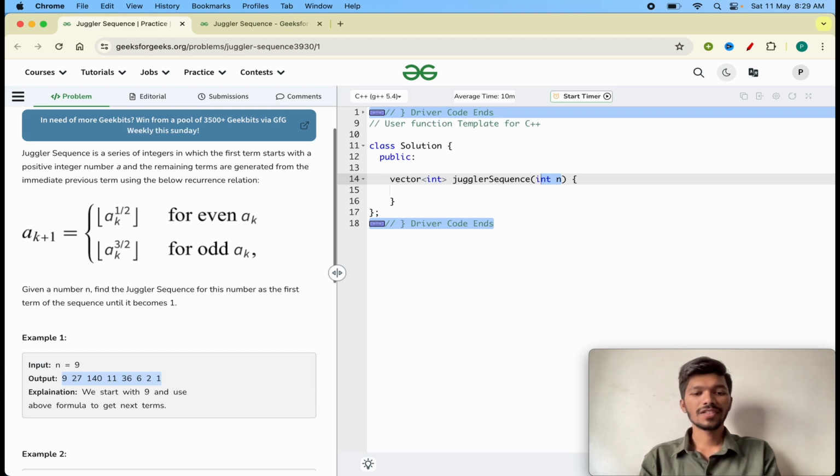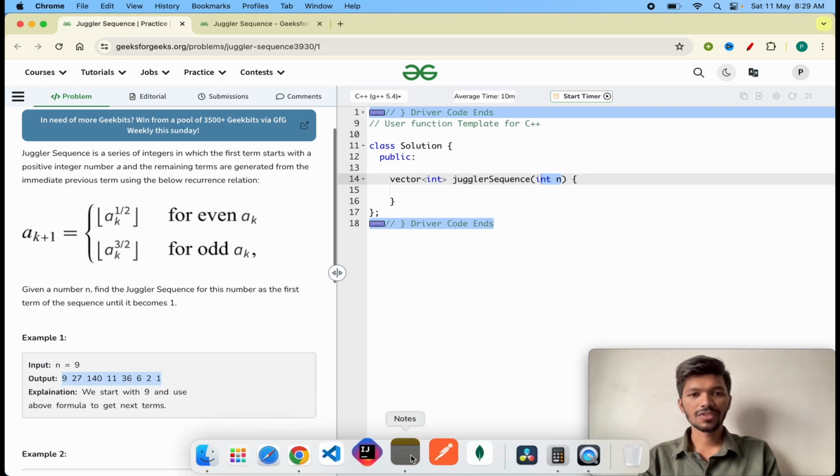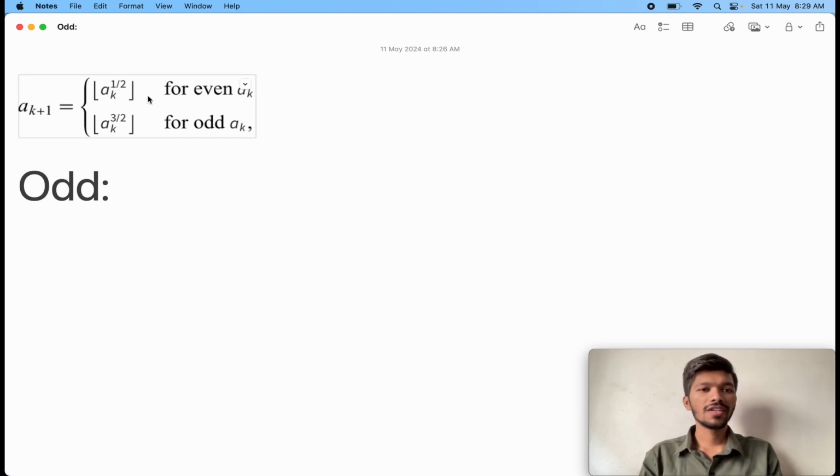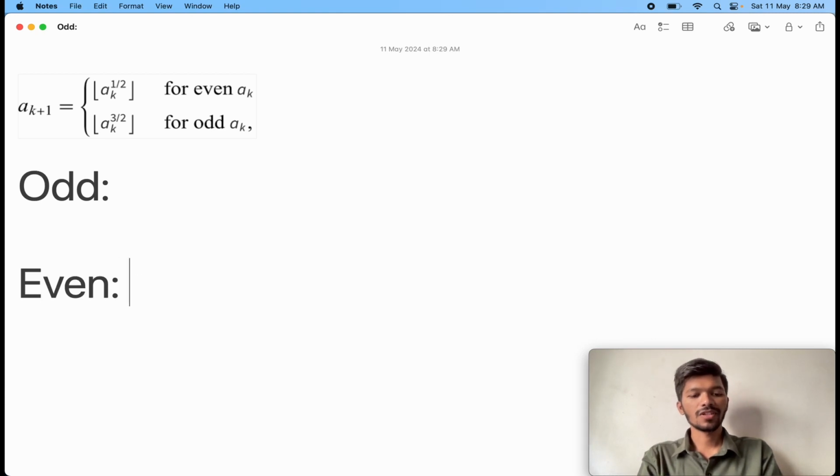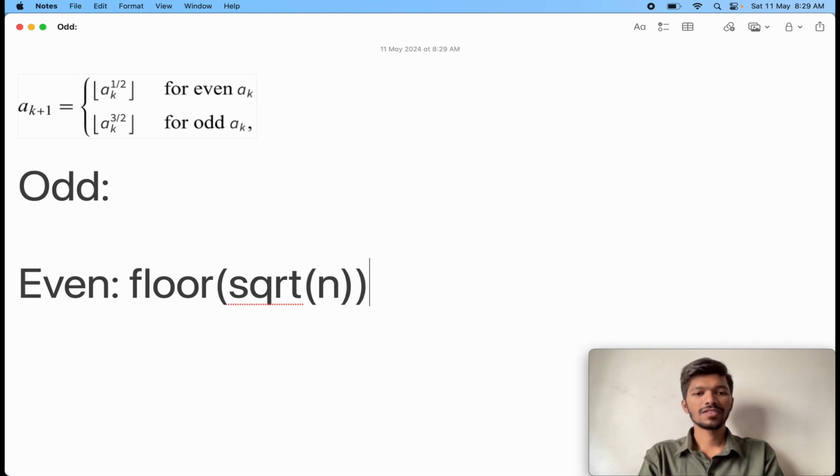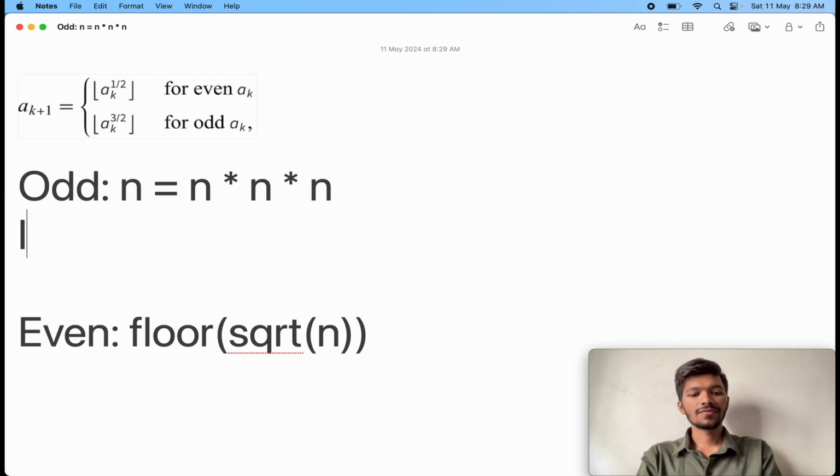So how can we generate this? There is one catch that we need to think of. For an even number, it is clear that what we need to have is the floor of square root of n. This is fixed for an even number. But what about the odd number? Instead of writing n into n into n and then taking the floor of the square root of n,